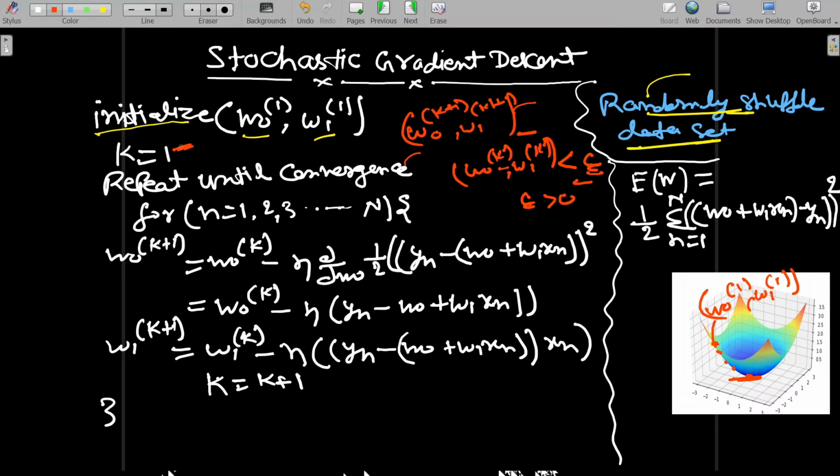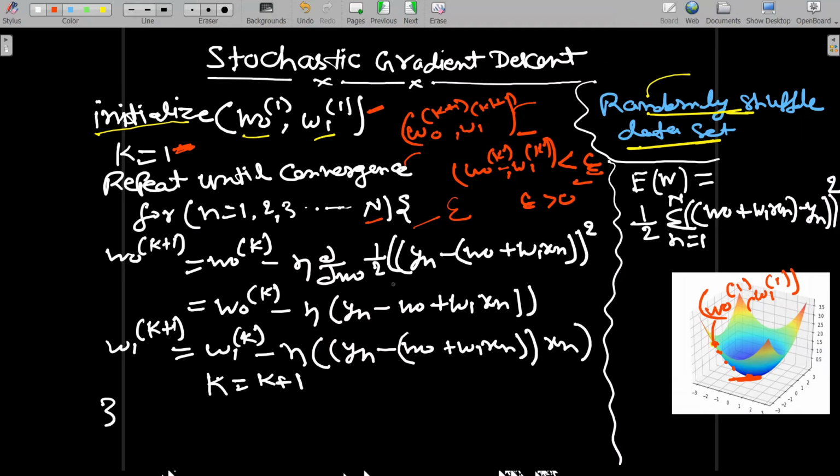So now let's see, it is starting from k equal to 1. We have taken the first point. We are iterating from n equal to 1 to the nth point. The only difference here from the typical gradient descent algorithm is that, instead of finding the gradient of the sum of squares of all terms, I am not doing the summation here. In the gradient descent algorithm, we were doing the summation and finding the sum of squares of errors for all the data points which are given to us.